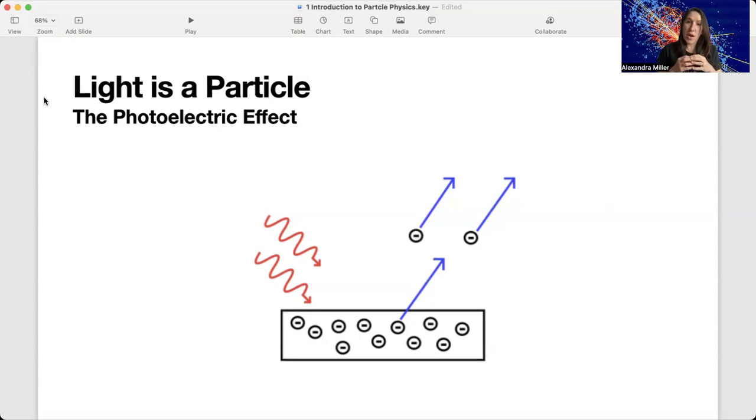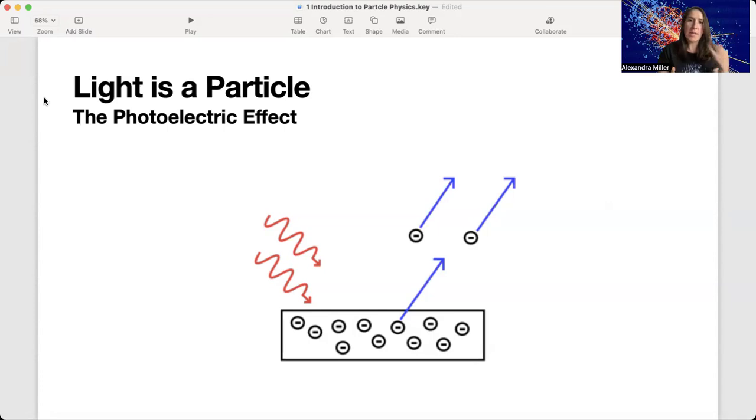where it is better described as made up of a stream of photons, where we aren't thinking about an object that has some amplitude and some frequency or wavelength, but instead we're thinking of these little packets of energy that are more like particles, where we have a certain number of photons, which again is the name that we have for a particle of light. We have a certain number of photons, and each photon has a certain energy. And thinking about light that way was what allowed us to better understand the photoelectric effect,